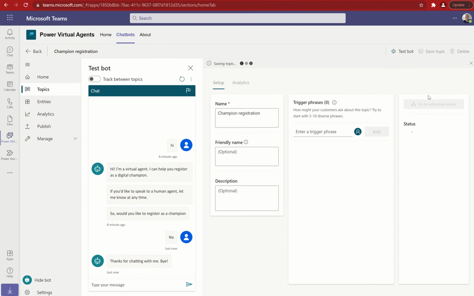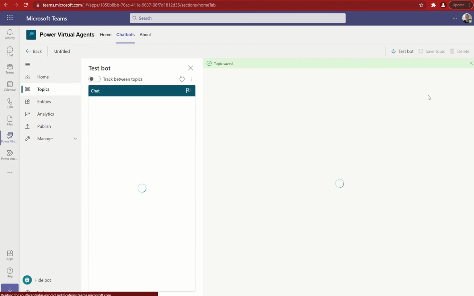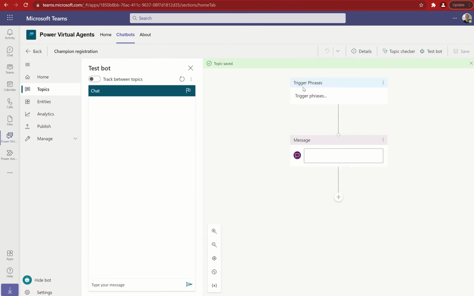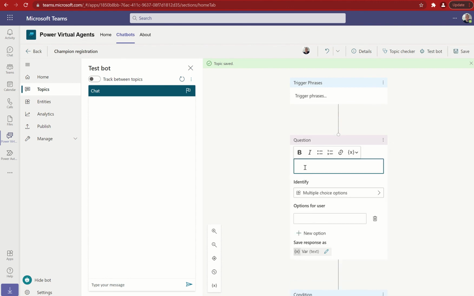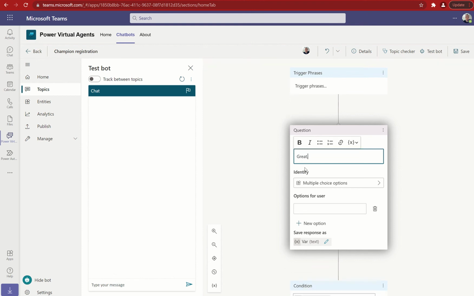So if we go to the authoring canvas, we will see a blank canvas. We have 0 trigger phrases. So the first thing that we want is not a message. The first thing we're going to add in is a question, and we're going to phrase this as they're continuing from the previous section. Okay, so we're imagining that they've said yes. So we'll say, great, you want to register. The first